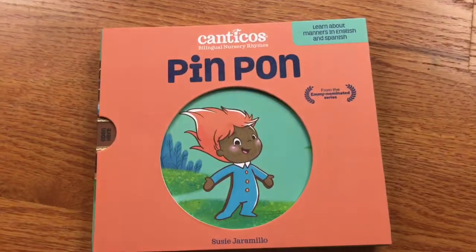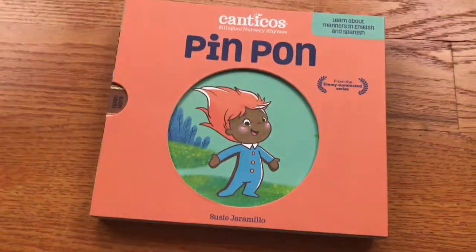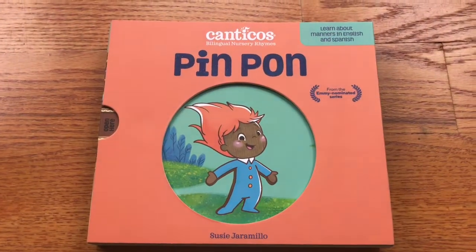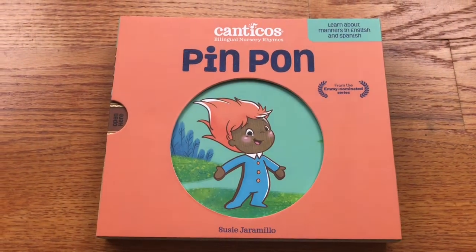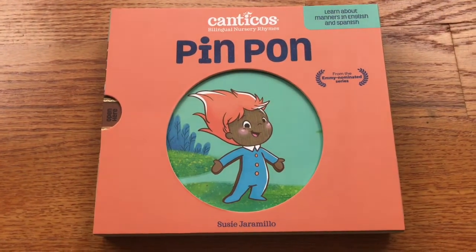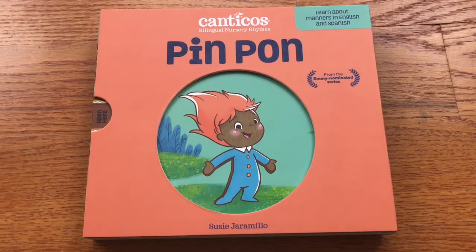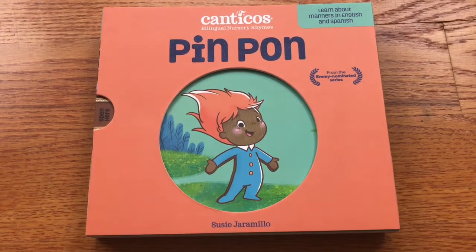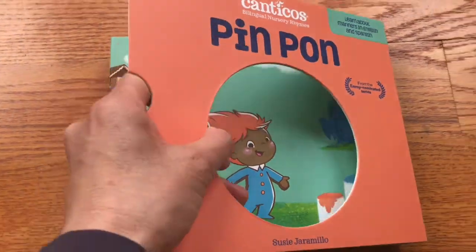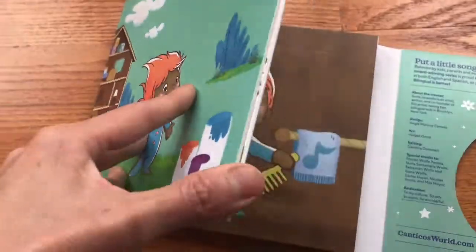I got one more book from Canticos. It came in a separate box, so I'm just going to add it to this unboxing because it's very similar. So this is a bilingual English-Spanish board book, accordion style. And it's based on this character Pin Pon, which is an Emmy-nominated cartoon children's show. And so what is really clever and interesting about this book is that it is a...